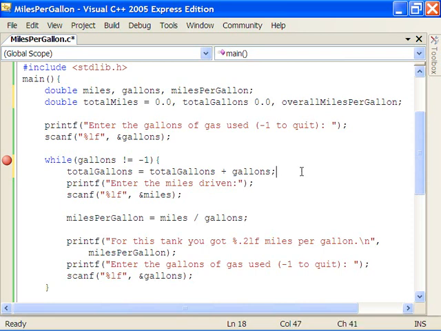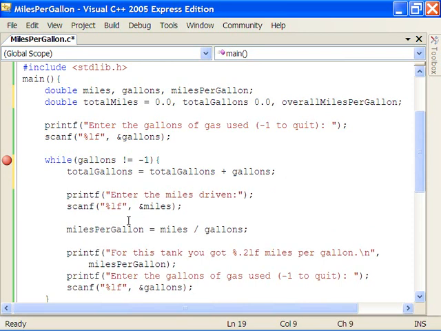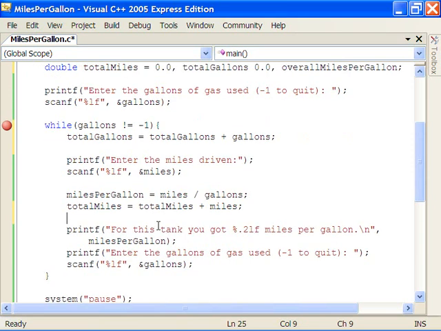And now, where would we add in the miles? Well, we ask the user for the miles. Let's do it right here. Total miles gets total miles, the old value, plus the new data. So we're throwing miles into a bucket called total miles, and after the loop is over, we want to output,